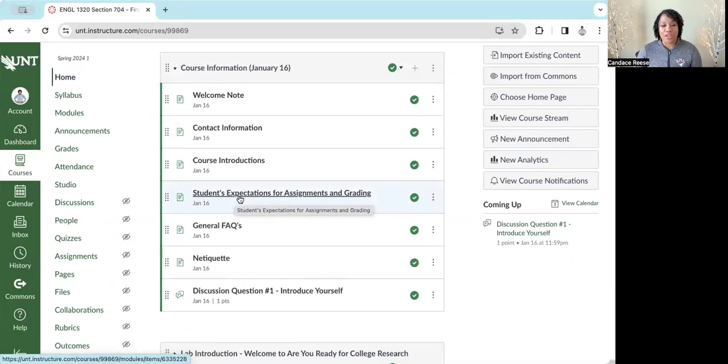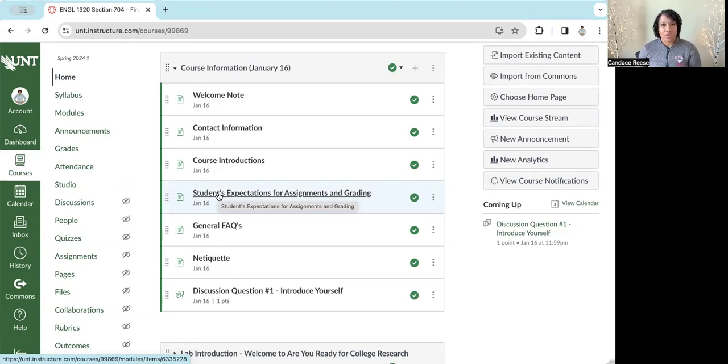Information about what you can expect in terms of grading and how all of that works. I'll kind of give you the nuts and bolts of it. I have a generous grading policy. My assignments are due on the actual due dates, but I grade on what's called a grading cycle, which means that I grade in rotation.